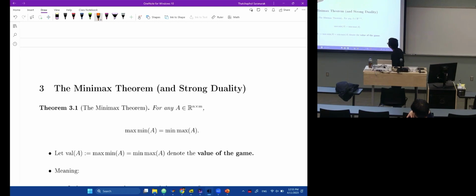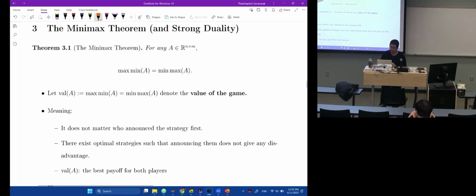So it means what? From now, because max min of A is the same as min max, I can define, for any A, some unique value for this game. Given any game A, I just define the value of the game to be this thing, min max, which is the same as max min. This is called the value of the game. And let's interpret this thing a bit, right? What does it mean conceptually